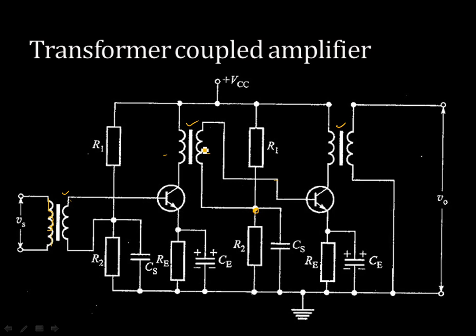So what is the main advantage of this transformer coupling over RC coupling? Here you see from VCC the DC voltage which is supplied is available at the collector terminal of the transformer itself. There is no RC here, so there is no drop across RC. Whereas in the RC coupled scheme you have the collector resistance RC and there is a drop across that. So the whole DC voltage is available at the collector terminal, and this impedance is very low. The DC impedance of this transformer winding is very low, so its drop is very low here.